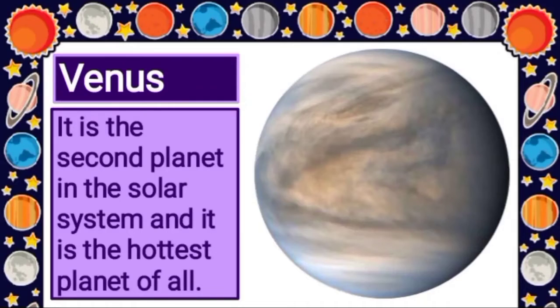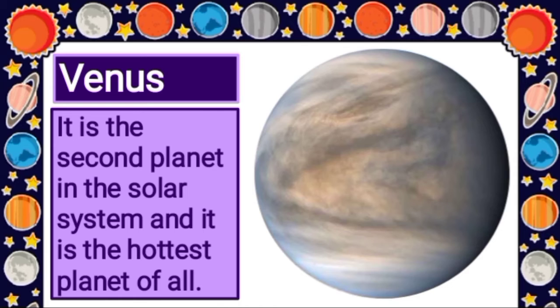Next planet, Venus, is one of the planets that orbit or travel around the sun in the solar system, and it is the brightest planet in the sky when viewed from Earth, and it is Earth's nearest neighbor, coming closer to Earth than any other planet, and it is the second planet from the sun, and its distance from the sun averages about 67 million miles,